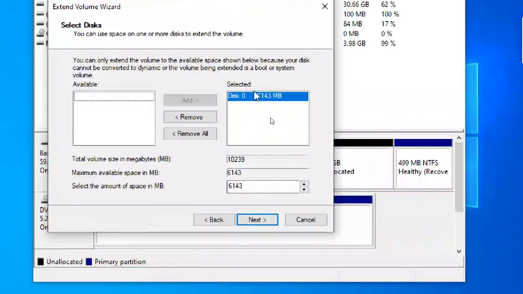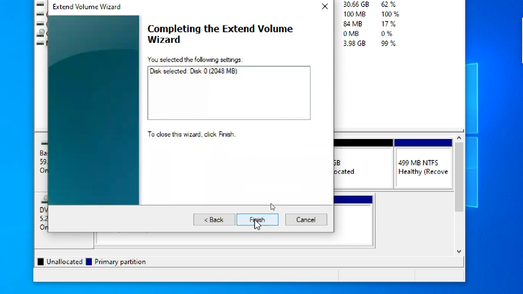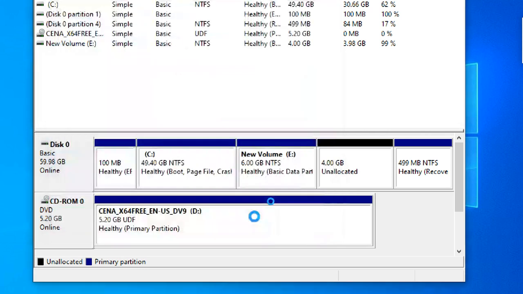Next. You can see 6 GB available. I want to take 2 GB from that 6 GB. Next, finish.